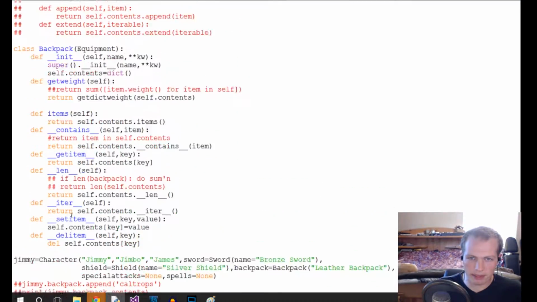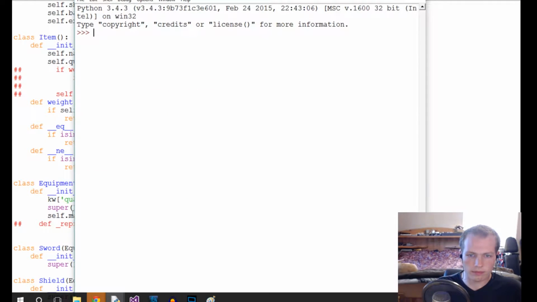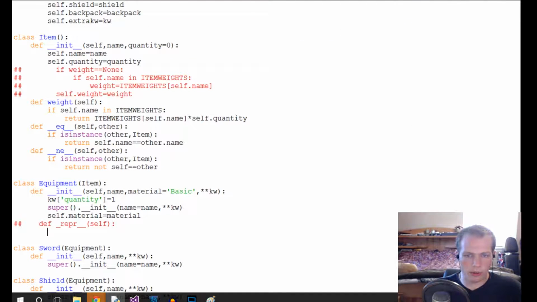Did I miss them down here on backpack? No, I didn't. Okay. So we run that and we get main.backpack. I'll explain scopes and what exactly that means at a different point. Backpack object at hex code location. So instead, once we supply this representation thing,